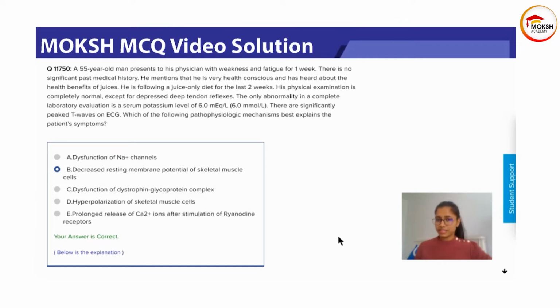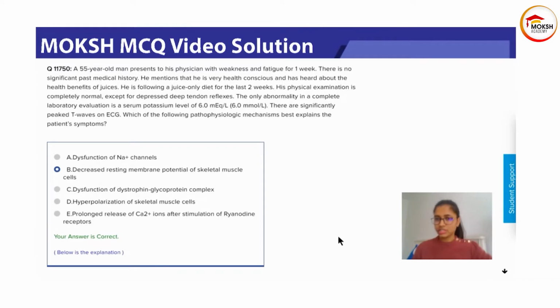When you have more positive cations going into the cell, it's going to bring your resting membrane potential towards the threshold, right? So it's going to decrease the resting membrane potential, and it may cause depolarization. That's what causes the cardiac arrhythmias and peaked T waves in hyperkalemia. Also, it's the opposite of hypokalemia again.